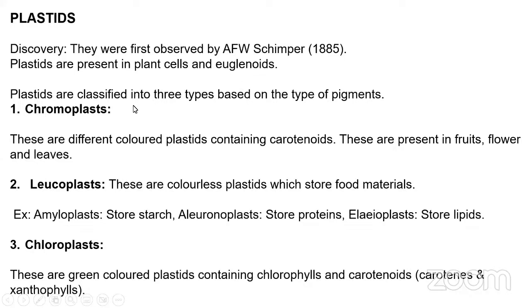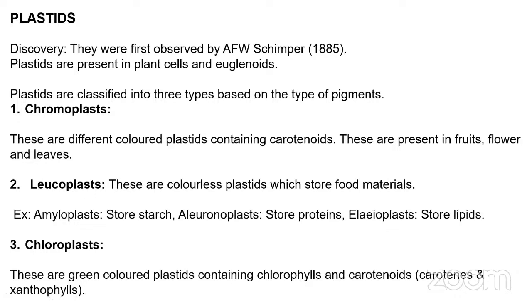Plastids are classified based on the different types of pigments which are present in them. They are classified into three broad classes: chromoplast, leucoplast, and chloroplast. Chromo, as I already mentioned in the first class, is related to colors. So chromoplasts are different colored plastids that contain carotenoids. These are present in fruits, flowers, and leaves. And leucoplasts